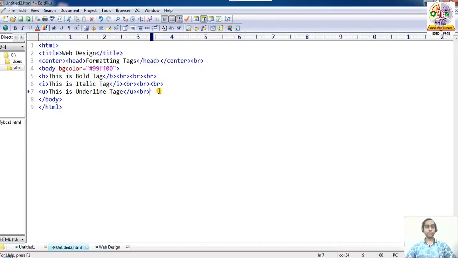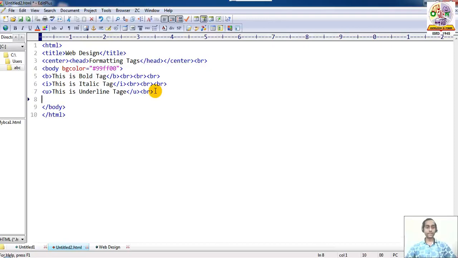Then we have to learn the font tag. Edit Plus supports the ready-made font tag. You have to write a sentence. This is an example of font tag. You also have to mention the size. We have to write 30. Also mention the color for the font, red.